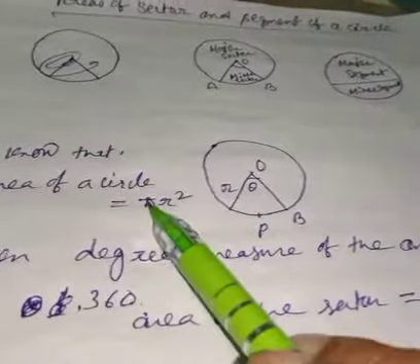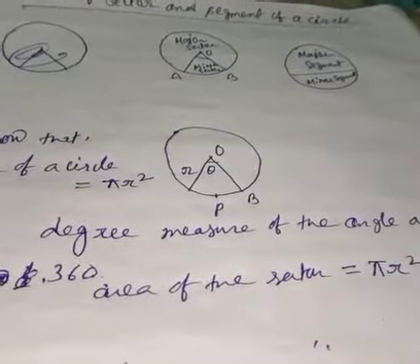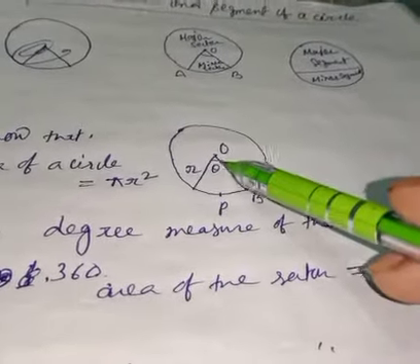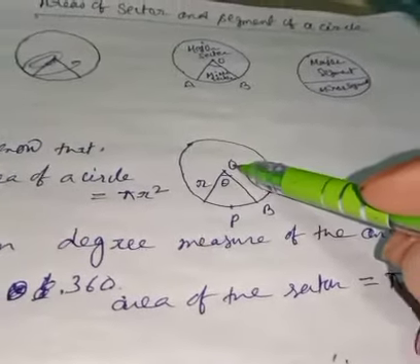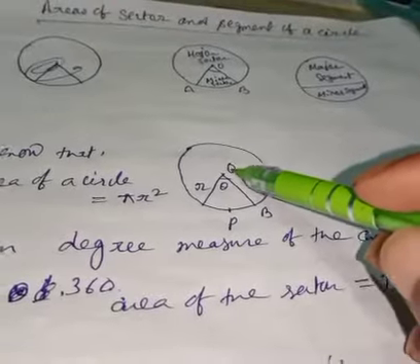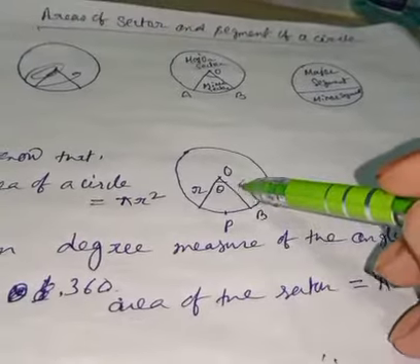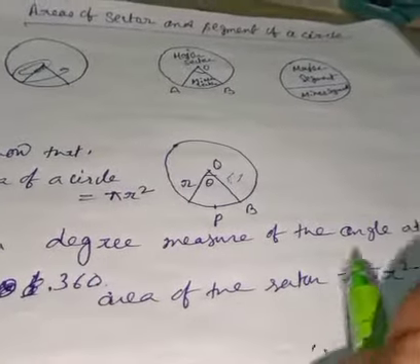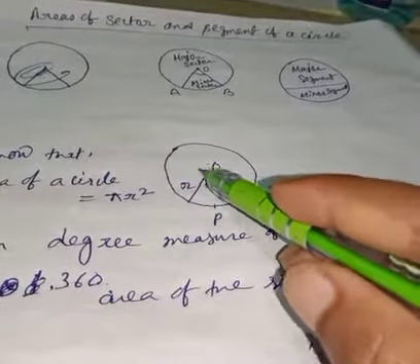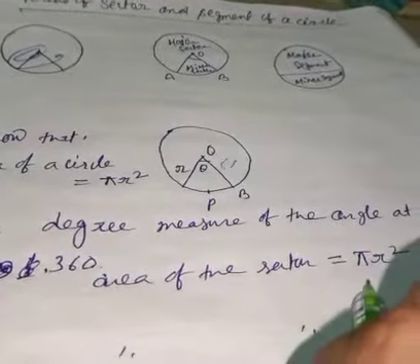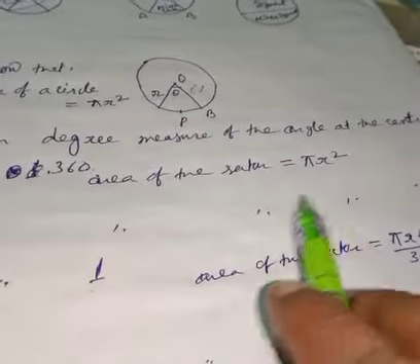We know that the area of a circle is pi r square when the degree measure of the angle at the center is 360. O is the center of this circle, and OB and this one are the radius r. When the angle at the center is 360, the area of the circle is pi r square. So if you use the unitary method, then when the angle at the center is